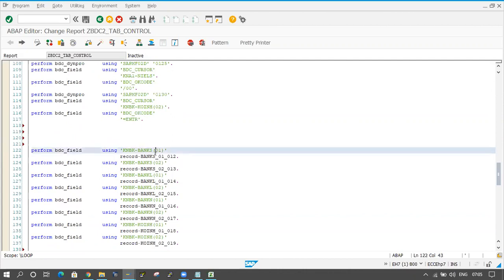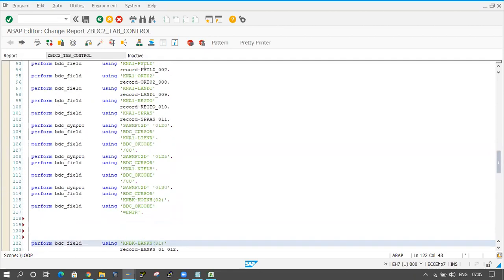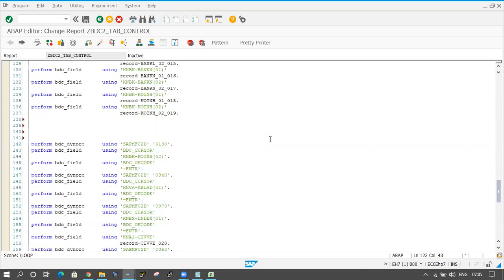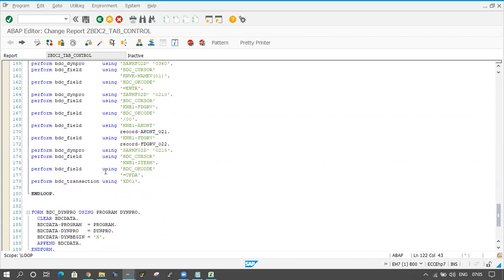From here onwards I'm filling BNKS, BNKL, BNKN and KOINH, like that I'm changing the data here, right? So I want to change this code. Remaining code I am not changing, so the code will be as it is. And this one also not required, I will keep it in comment.